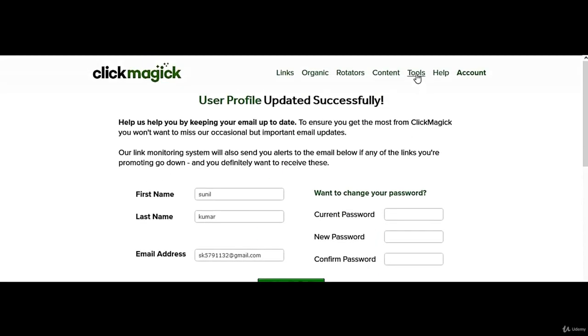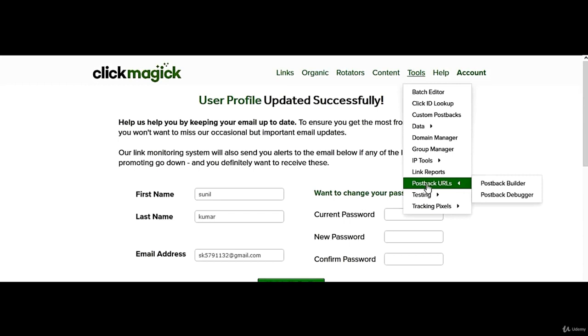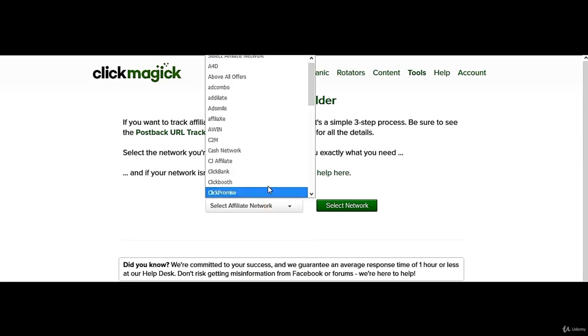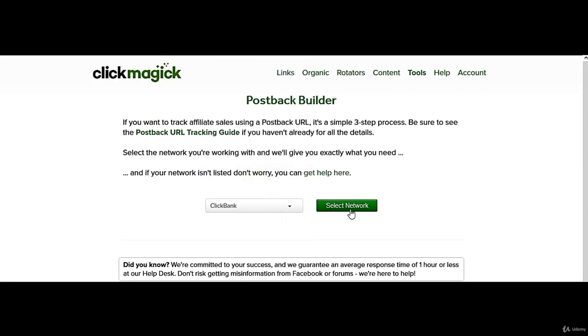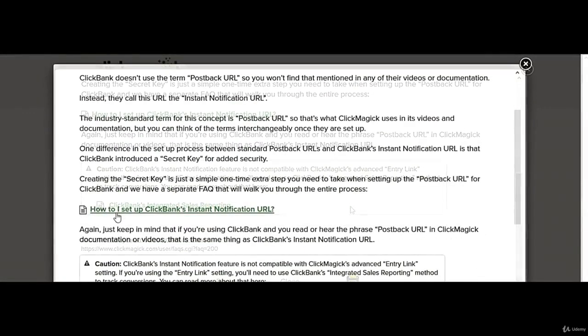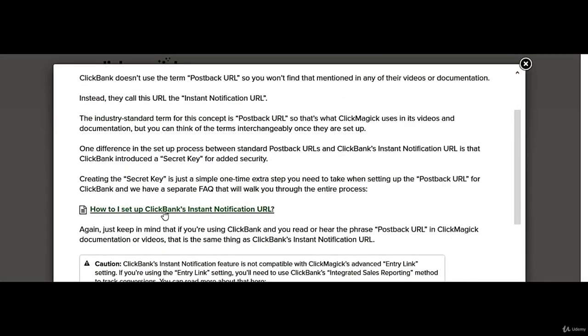Then I go to tools, postback URL. Under postback URL is postback builder. Select the network, ClickBank, select network. Then click on this link, ClickBank's instant notification URL.